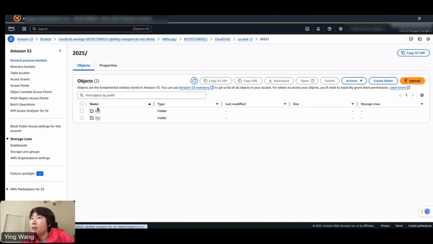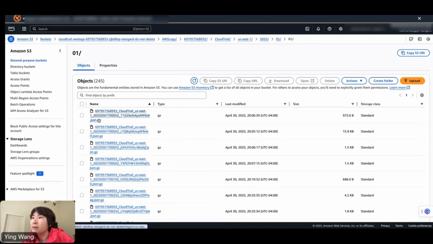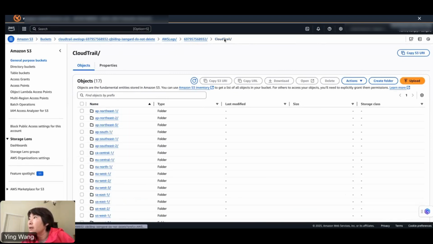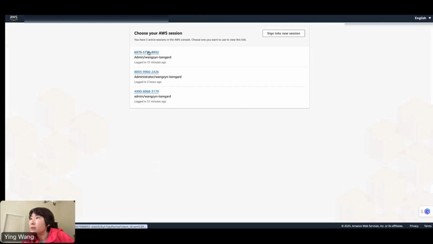And you can see here it's partitioned by the year and by the month. If you go inside, you can see it's also by the date. And it continues to log the files here and compress them into gzip format. And once you have all this information, you copy the S3 URI, because we need that information in the next CloudFormation template deployment. So now you can move to here to launch the second one to build the